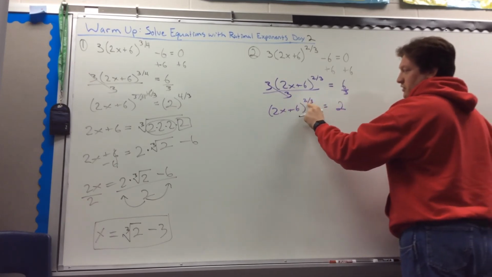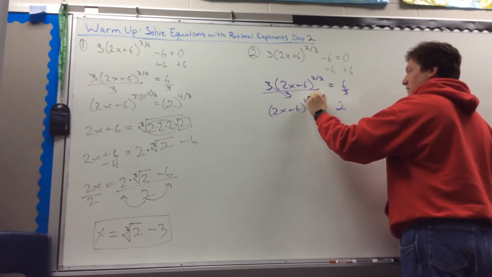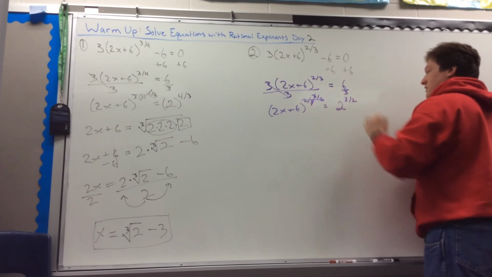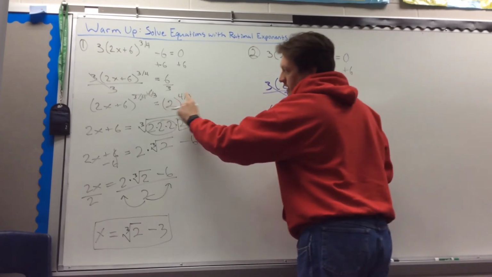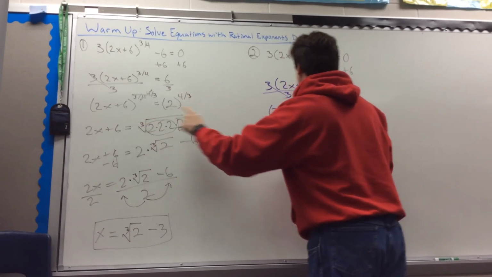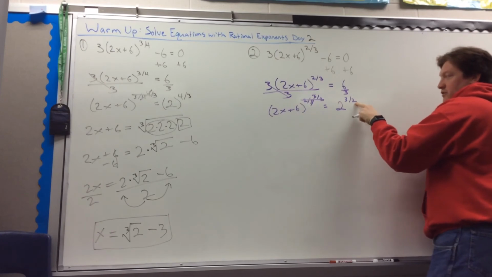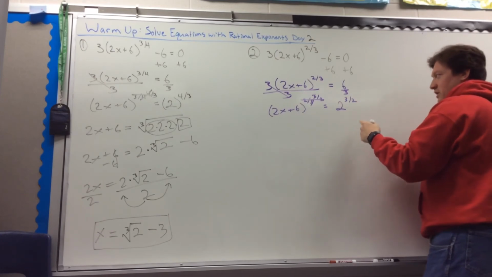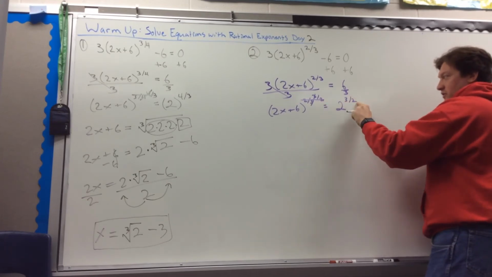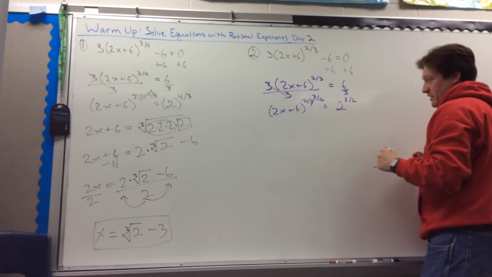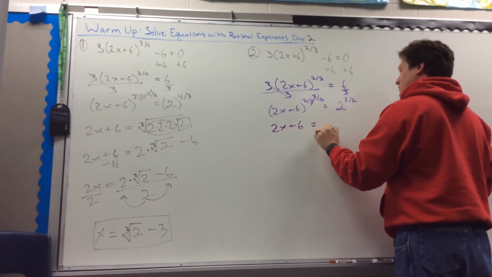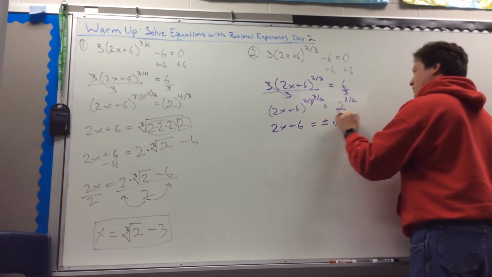So to get rid of the 2/3 power, we must flip the fraction and make it 3 halves. Right here, cancels, and it gives us 3 halves. Now what happened with the question before, we had a 3 on the denominator of this fraction, which gave us a cubed root. Now we have a 2 in the denominator of this fraction, which gives me a square root. So any fraction right here that has an even denominator, after we brought it over here, is going to require a plus or minus. So now we have 2x plus 6 is equal to plus or minus the square root